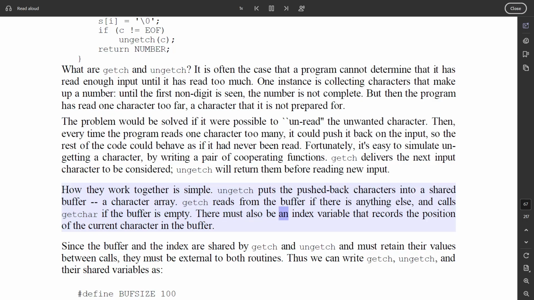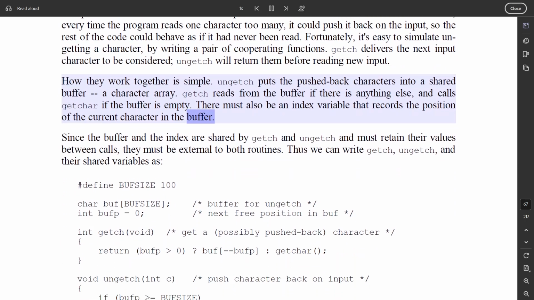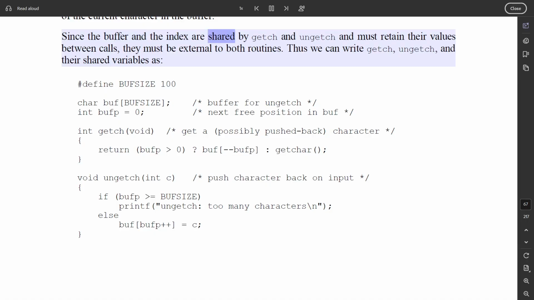There must also be an index variable that records the position of the current character in the buffer. Since the buffer and the index are shared by getch and ungetch and must retain their values between calls, they must be external to both routines. Thus, we can write getch, ungetch, and their shared variables as #define BUFSIZE 100, char buf[BUFSIZE];